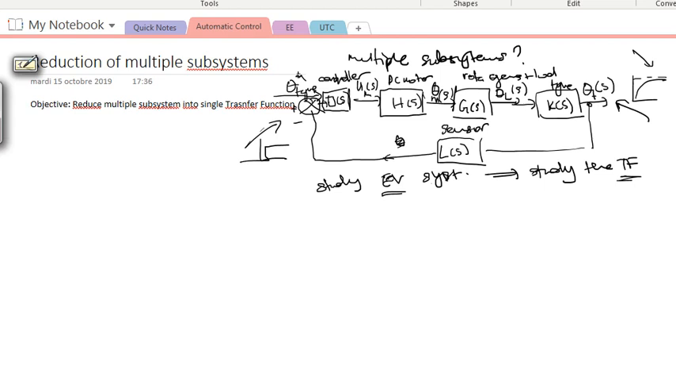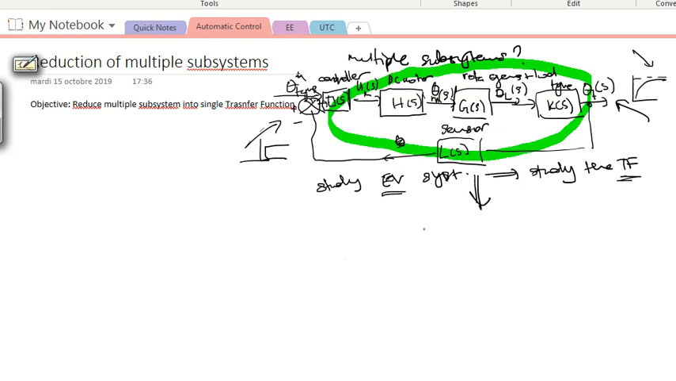But now the problem is that here you have multiple transfer functions. So this is what we call a system with multiple subsystems. It is a single system, a huge system with different subsystems. So the objective of this class is, from this complex system of multiple subsystems, to reduce it into one single transfer function. I call it